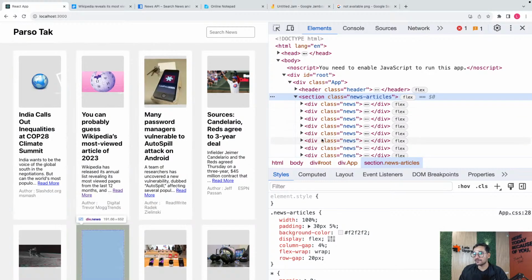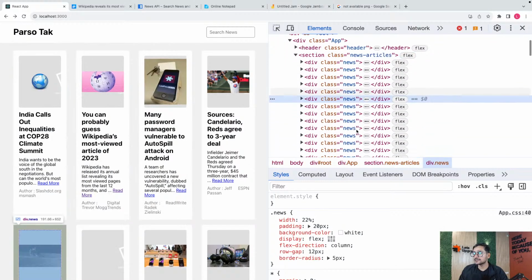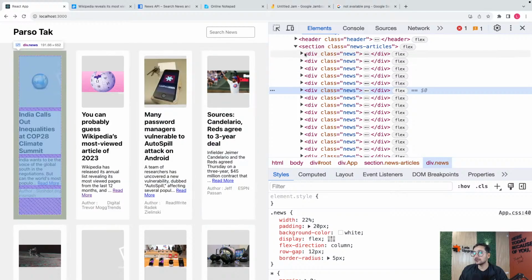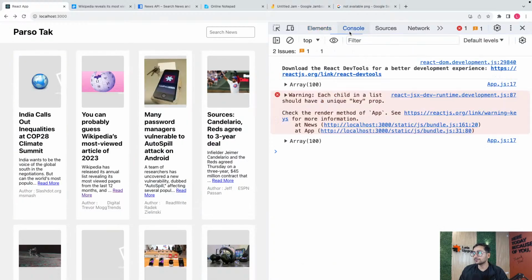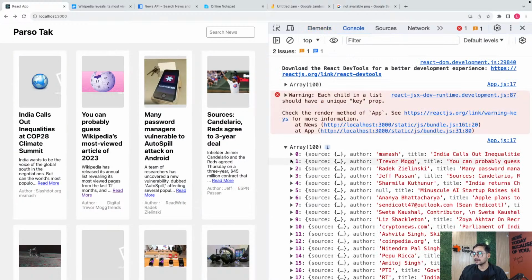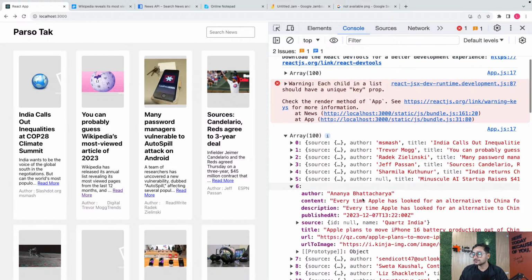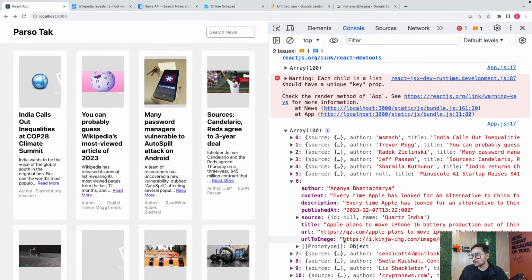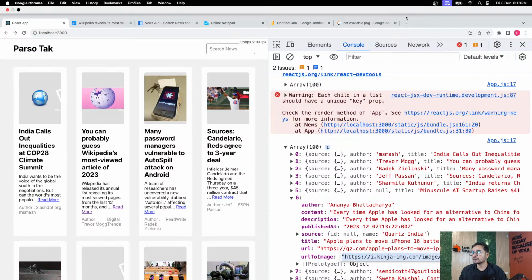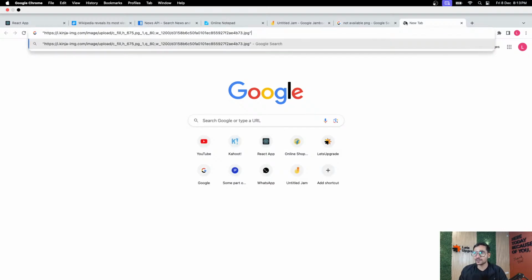Let's go to that article where we don't have the image. And let's see. Okay, it is 1, 2, 3, 4, 5, 6th article, right? Let's see what we have in the 6th element. Okay. So guys, the image URL is there, but I think that URL is not loading any image. So how will we check if that URL is not loading any image? That's the issue, right? Because sometimes it might load, sometimes it might not. We are not sure.